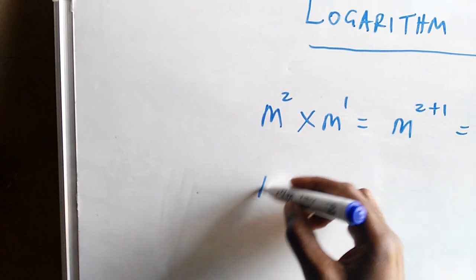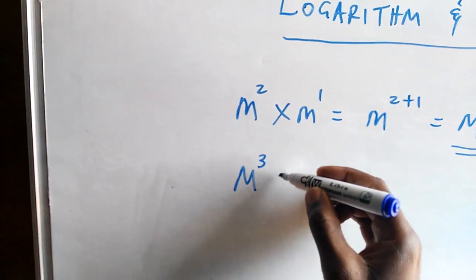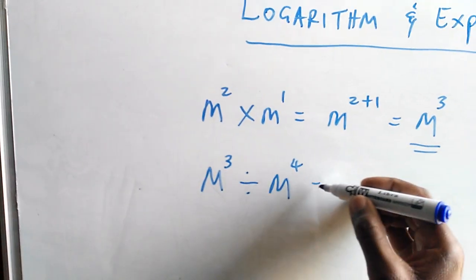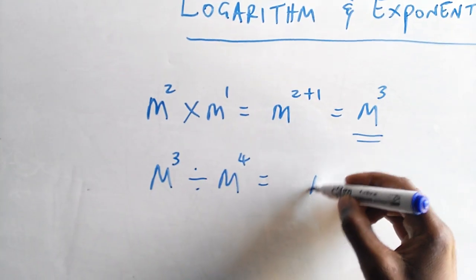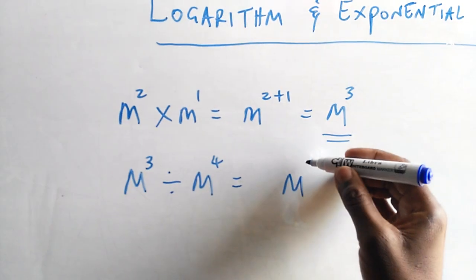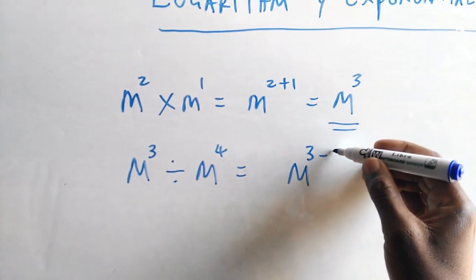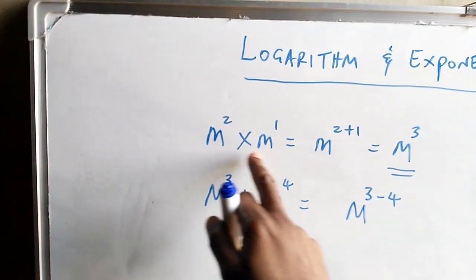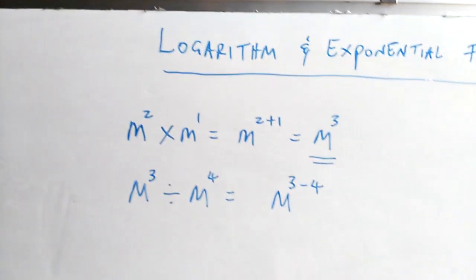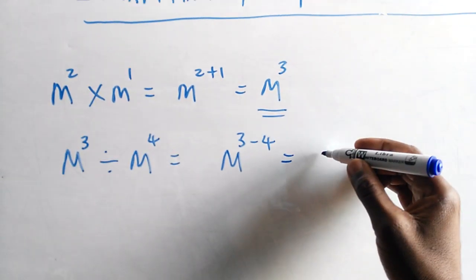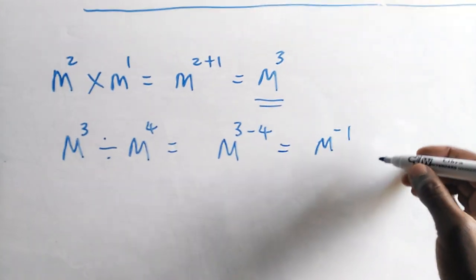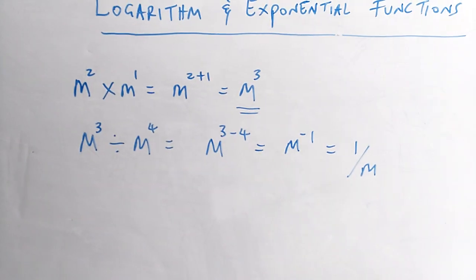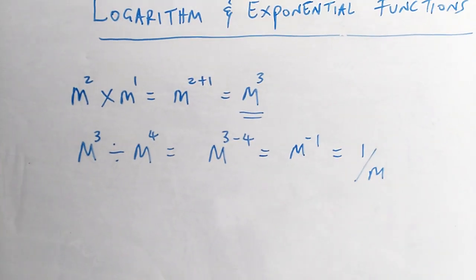And if we are dividing a certain number, we are simply getting one of the base and then we are taking away the powers. When we are dividing, we take away the powers. When you are multiplying, we add the powers. And so we have an inverse of m. It's the same as saying 1 over m. And so we can switch from